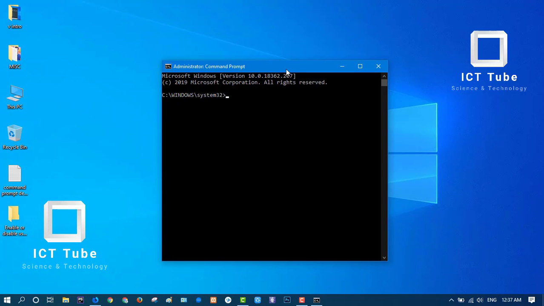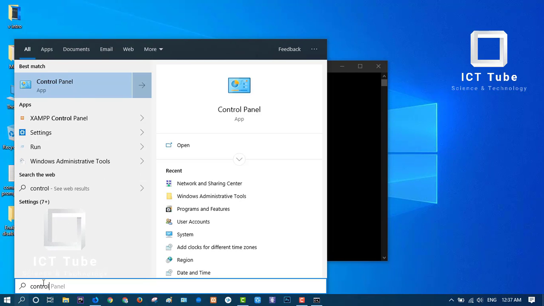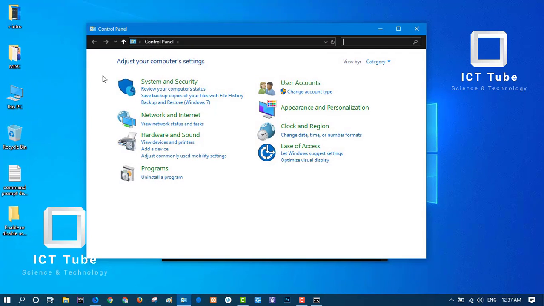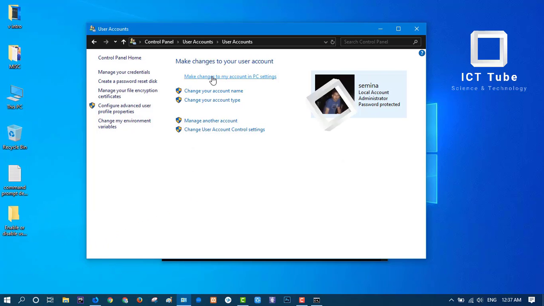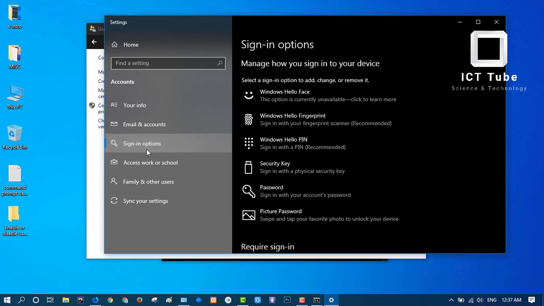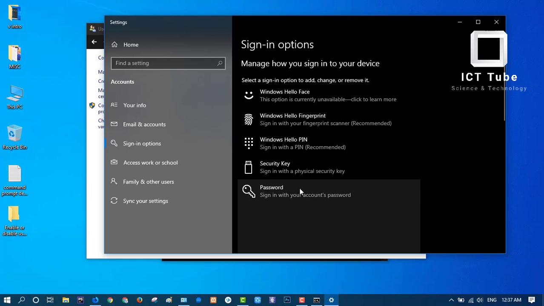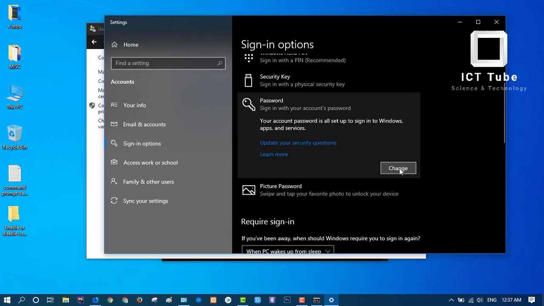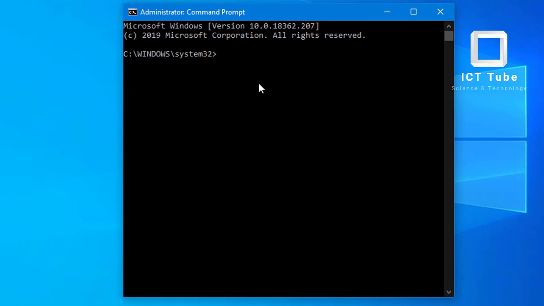Normally, if we want to change the password of Windows, we go to Control Panel, then User Accounts, make changes to my PC settings, and Sign-in options, and from here we can change our password. This is the password. You can change the password from here, but if we want to change the password from our command mode,